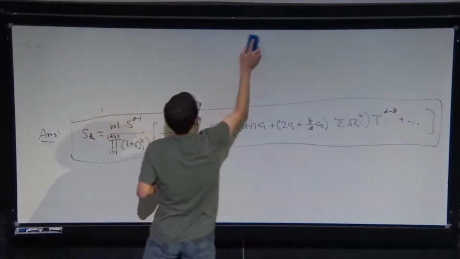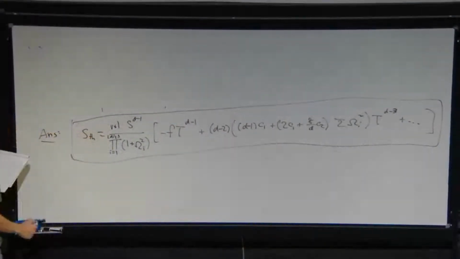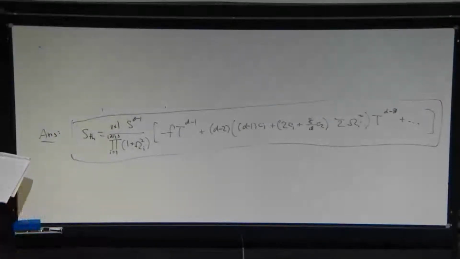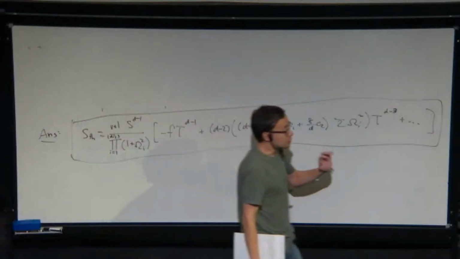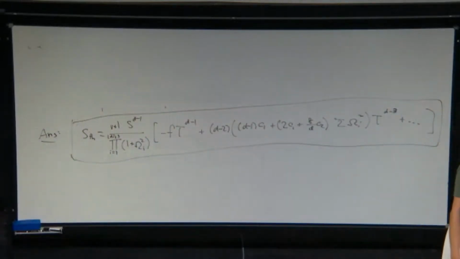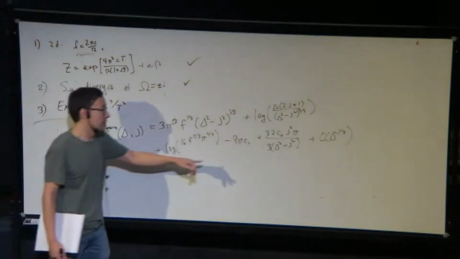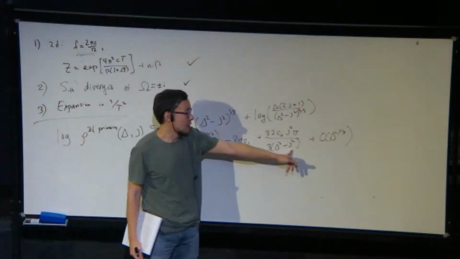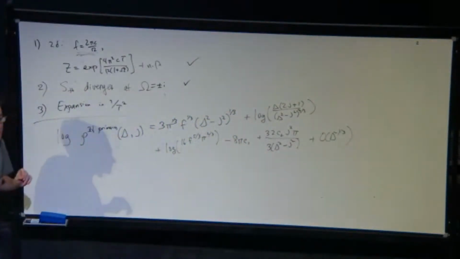This will never happen in 2 dimensions, of course. Okay, let me comment a little bit about the regime of validity of this formula. So, of course, we need large delta, but the question is, how large can we take the spin so that we trust this formula? Already we see, if you take the spin all the way up to delta, this term blows up. So we should not be able to take J all the way to delta.